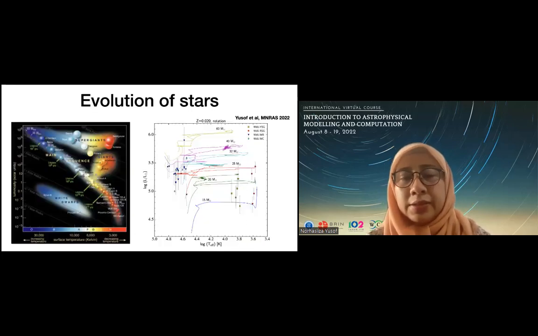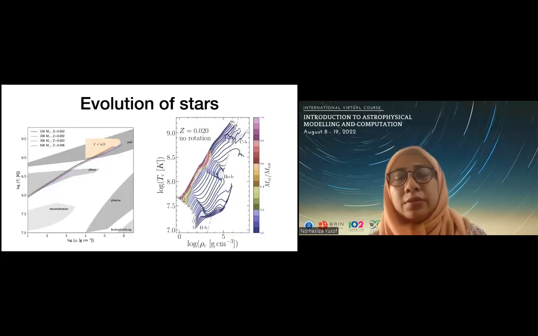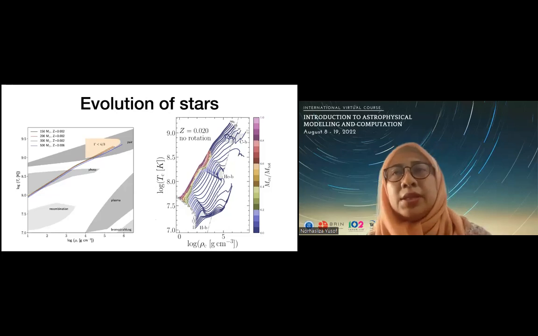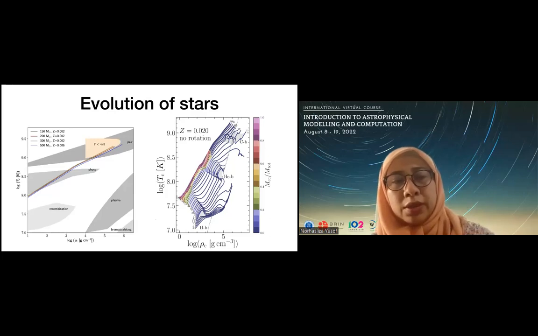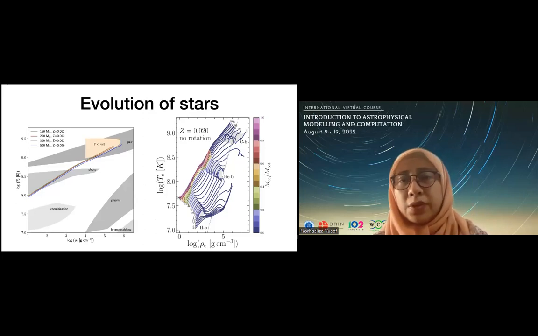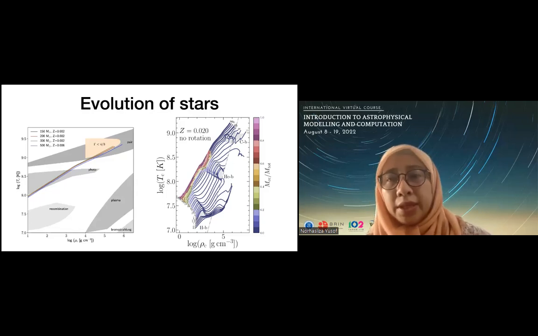And another thing, this is in terms of evolution. I don't go to the structure yet. From here, another thing that when we speak about evolution, we want to see is the change of the temperature-density relationship. For example, when we observe some temperature-density relationship, how does the change of the gaseous process or plasma process occur when we have different masses evolving, and what are the particular temperature and density needed for that particular